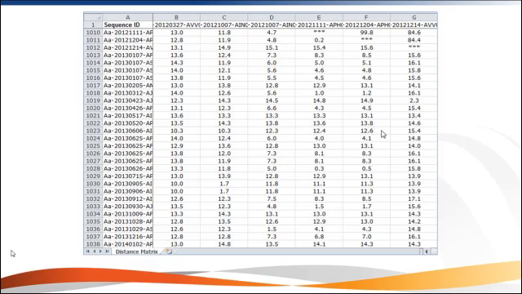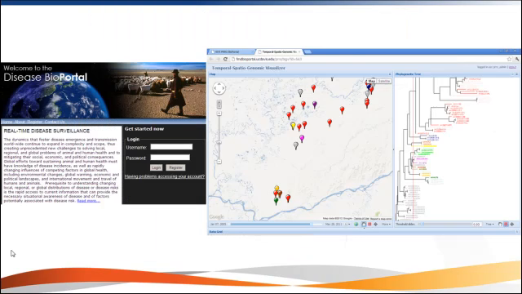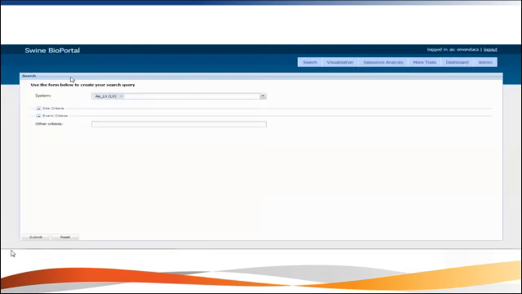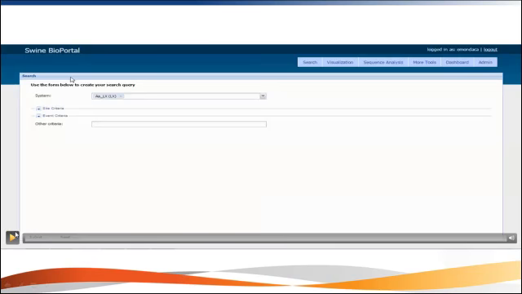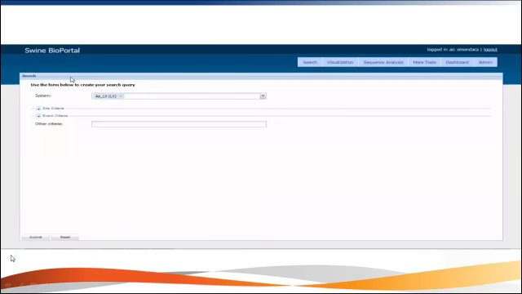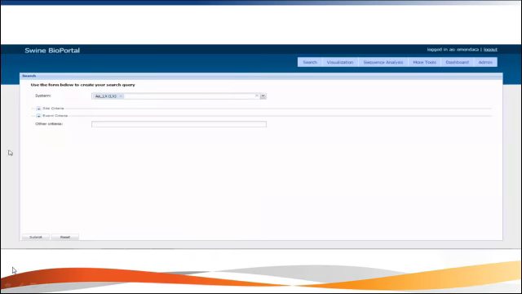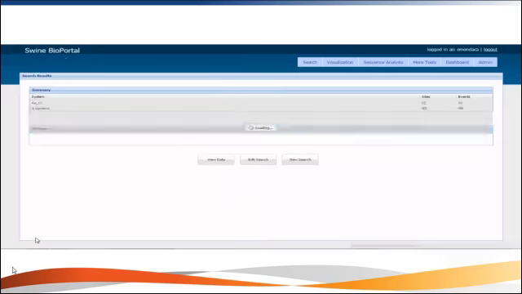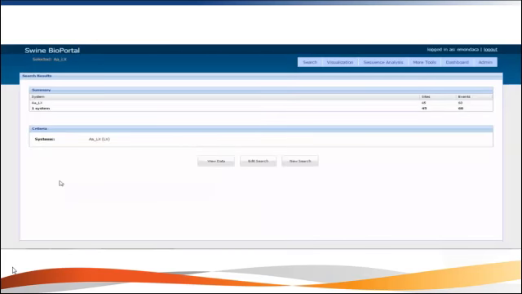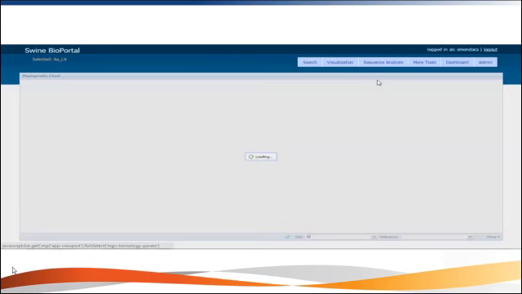However, applying BioPortal, all that process becomes really easy and way faster than the other previous elements that we used for analyzing this type of information. We are going to see a video showing how we are applying BioPortal to manage this type of information. In this case, we are selecting a database and going to one of the tools, the phylogenetic chart, and we will see how we can manage